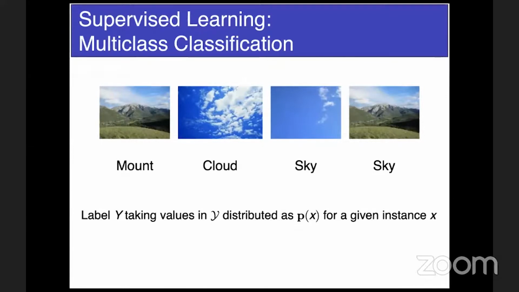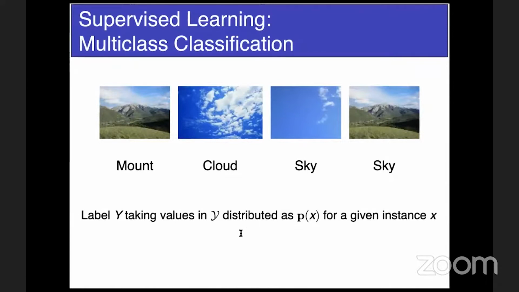Why is that? Because for some images, it is not really clear whether it is a mountain or a cloud or a sky. For example, the first image is labeled mountain, but if you give it to some other person, he might actually label it as a sky or a cloud. Right? So it is quite possible that there is inherent uncertainty in the labels. That's why I wanted to give this kind of simple example where you can immediately see that you cannot really quickly label something as a mountain or a cloud or a sky. Of course, the third image is clearly just a sky. And the first image, some might label it as sky. That's what is visible here in the first example and fourth example. They are the same image, but they are labeled mountain and sky. Right? So someone might label it sky instead.